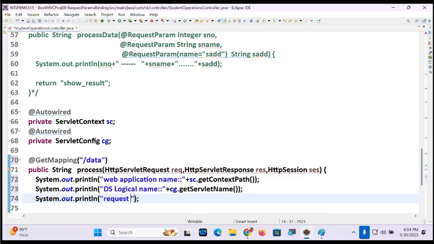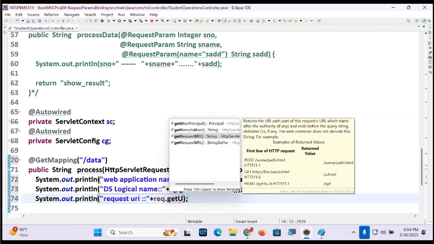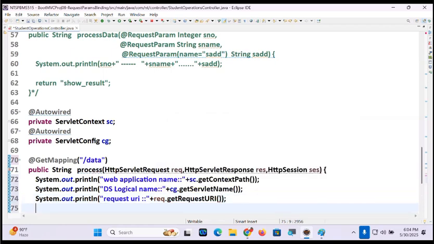Request object. From request, what will you gather, guys? Request URL, okay, request URI. Tell me, req.getRequestURI(). Next, System.out.println. For response, what will you do?